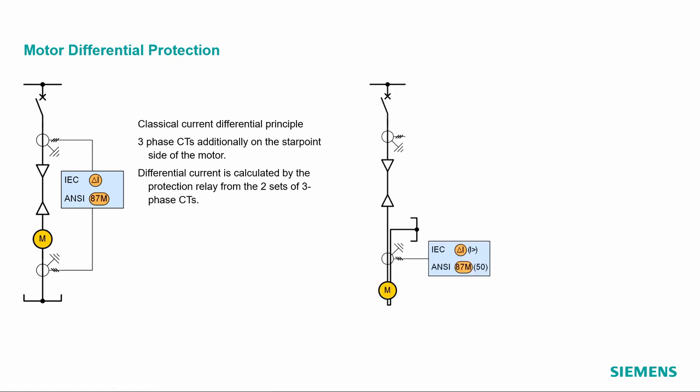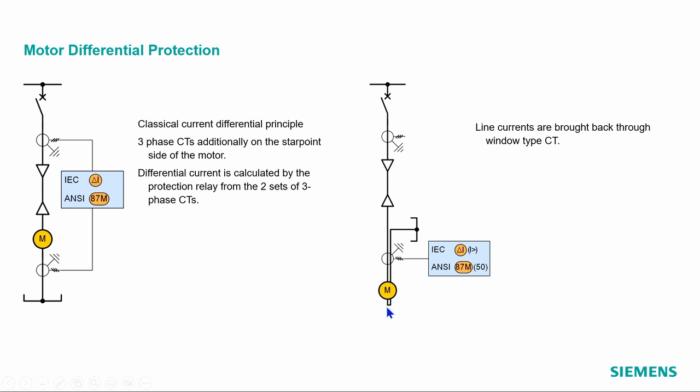We compare the currents. With a second principle, you see additionally to the standard current transformer on the in-feed, I have a second one, and this is the so-called window type current transformer. What we see in this picture is just one, but in reality we need one for each phase, and the idea is that I bring the current through the cable through this window type transformer, then it goes into the motor,